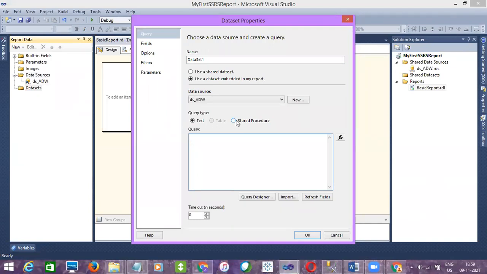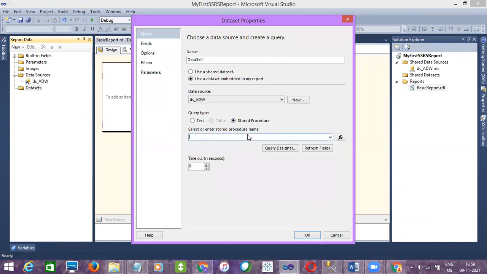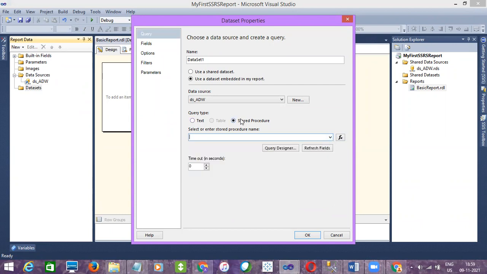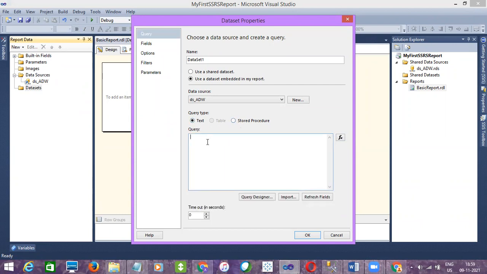Stored procedure in the sense, if you have stored procedures, whatever stored procedure is there in the database, you can see all of them here. So you can call either a stored procedure in reporting or directly paste your code here. And then give a data set name. I'll just give ds underscore my table name, dim geography, so that if any new person sees it, they identify that this data set is being called dim geography table.